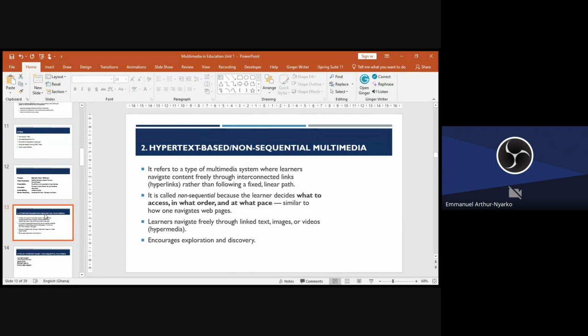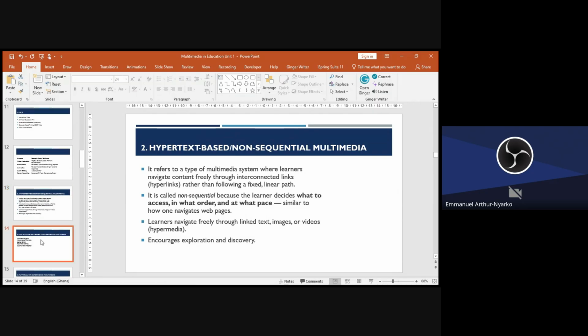This is similar to how one navigates a website. On a website, you don't go sequentially. You decide where to click and where to get what. It encourages exploration and discovery when you have multimedia in this format.